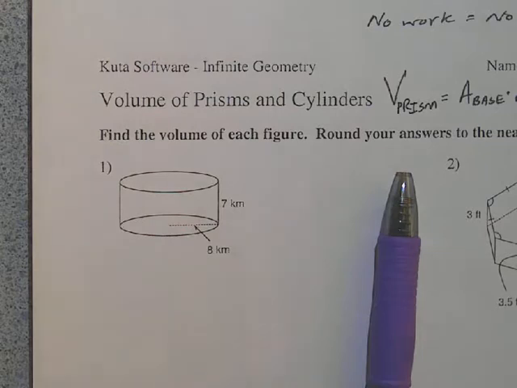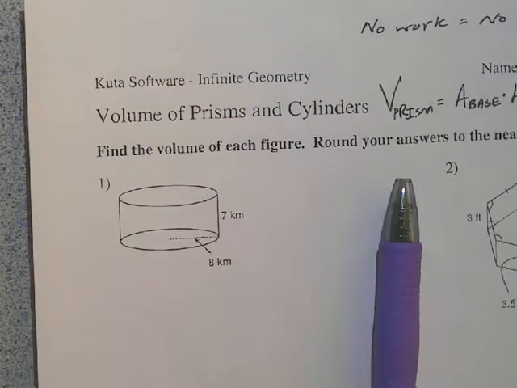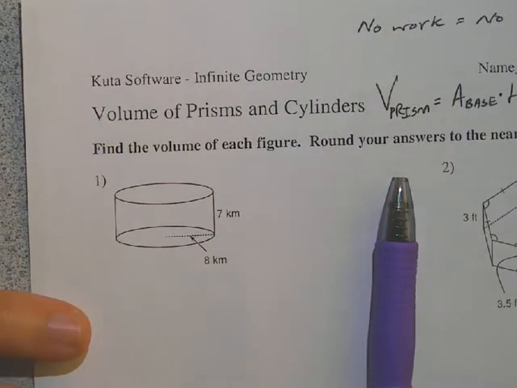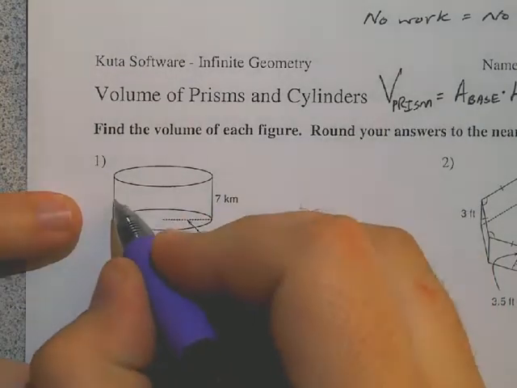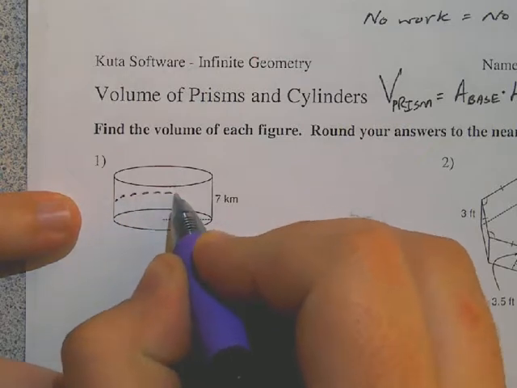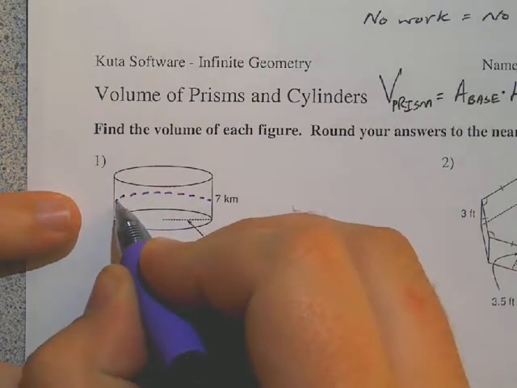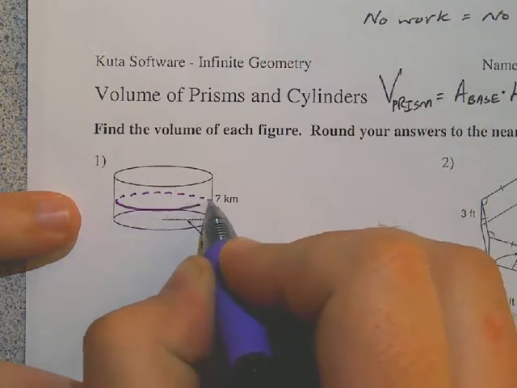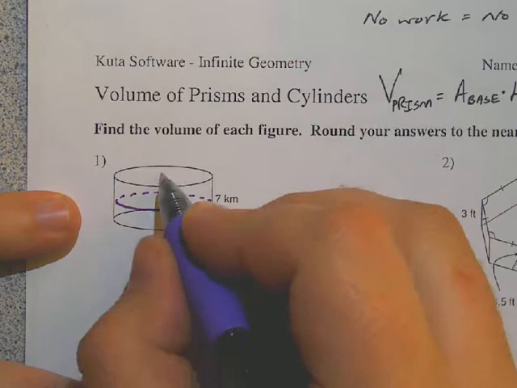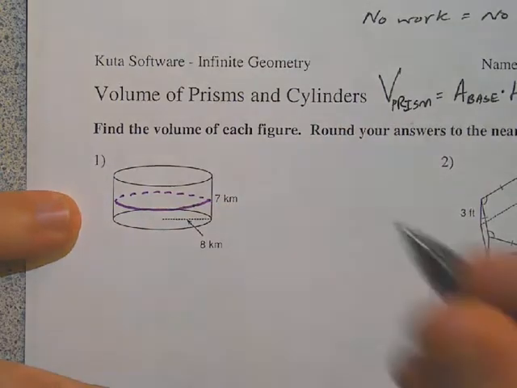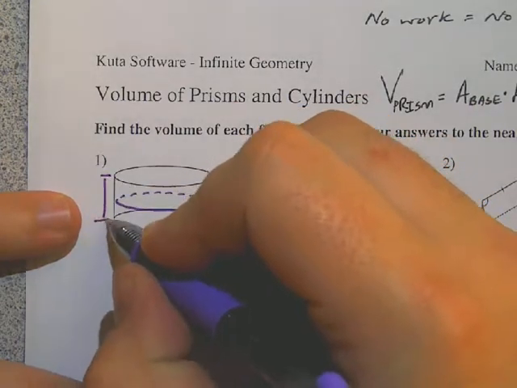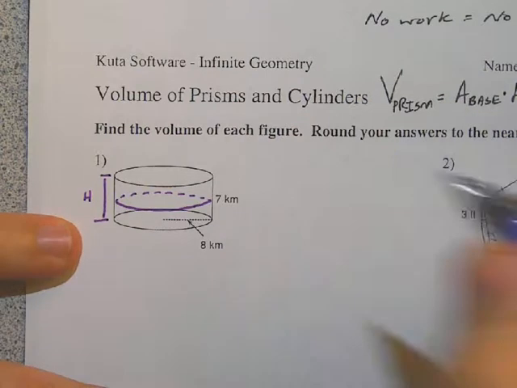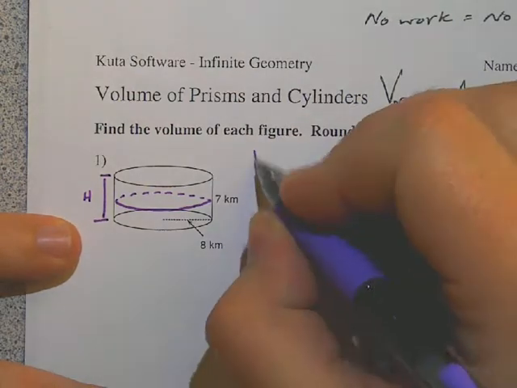We are working today on volume. So we're going to start with the volume of prism-like objects, okay? And to be a prism or a cylinder-like object, we are going to think about these objects as objects that are sliceable. If we have an object that could be drawn as many slices, like this is a slice, and the top is a slice, and the bottom is a slice, then if I put those slices and stack them up this tall, h,